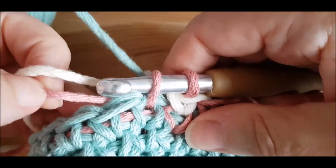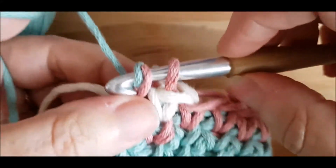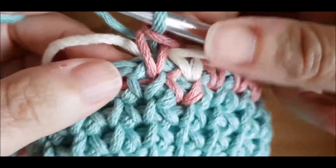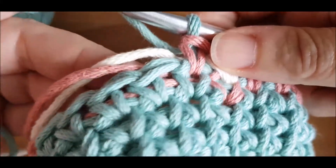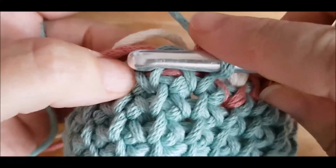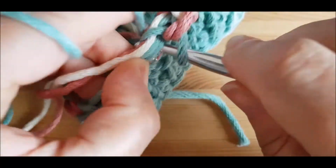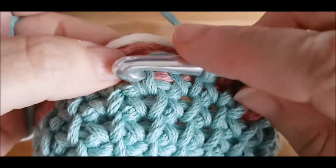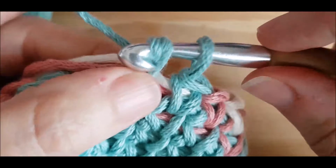This is the advantage crochet colour work has over knitted colour work, that we can actually get our floats inside the stitches, and so you don't actually see them. So at this point I'm just making sure that's nice and even, and we're going to do 3 green stitches. So we're going in here. If we're doing 3 green stitches, we're going to do 2 complete stitches in green, 1 and 2, and then we're going to change in the next stitch